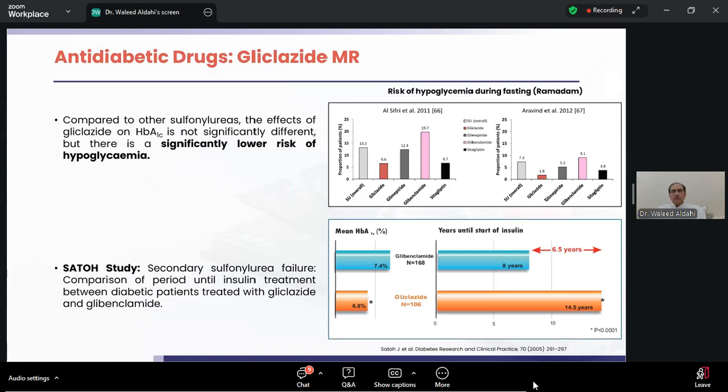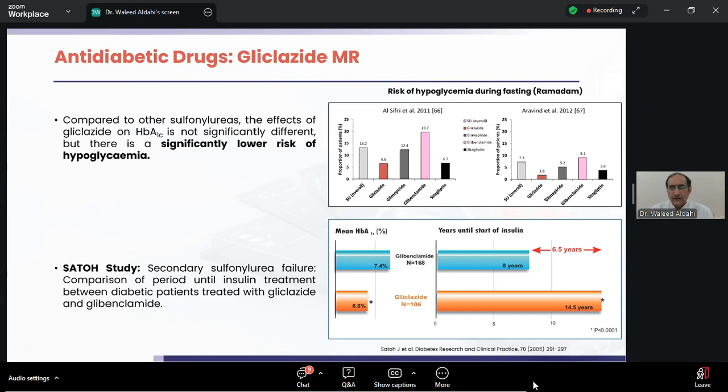Again, when you compare different sulfonylureas, we know that we have a very long history with the sulfonylureas since the 50s, and have many types of sulfonylureas, but they are not all in the same basket. And you can see here on the top left, by Dr. Bunayef al-Sifri, our colleague from Saudi Arabia, looking at percentage of hypoglycemia. You can see here that gliclazide compared to sitagliptin, they look the same compared to other